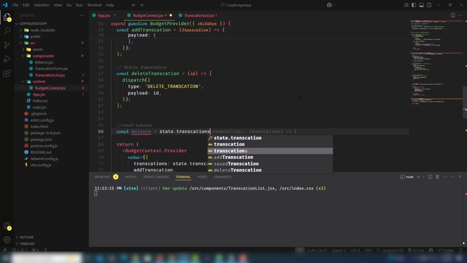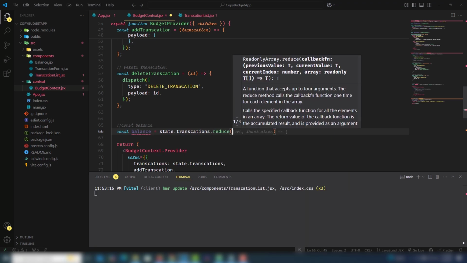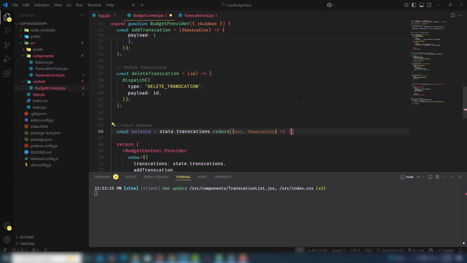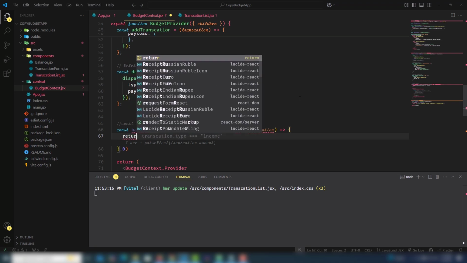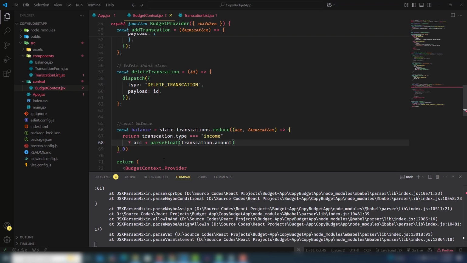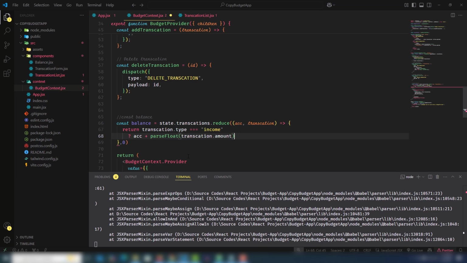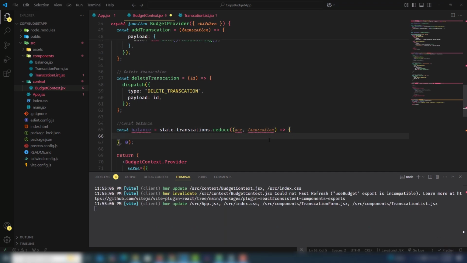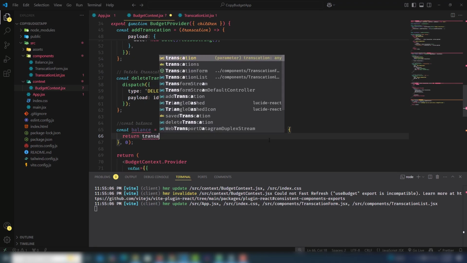and transactions.reduce, accumulator, transaction, curly brackets, right, and comma 0. Inside the curly brackets you need to use return, transaction type is income, accumulator plus sign, parseFloat, not pass. I will write it, just a minute. Yeah, great. So return transaction